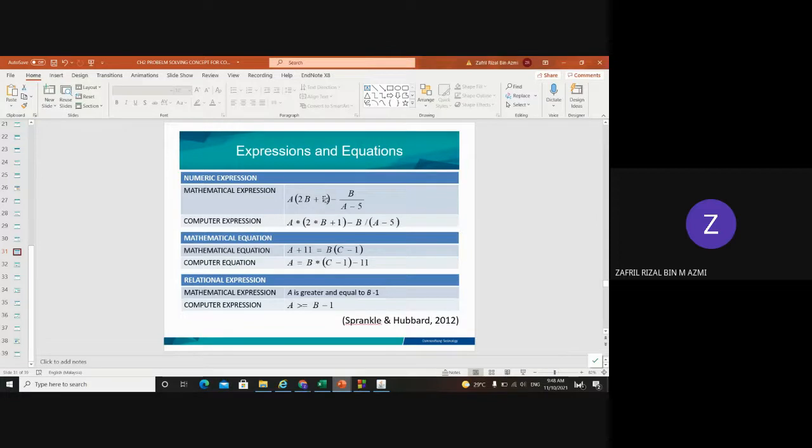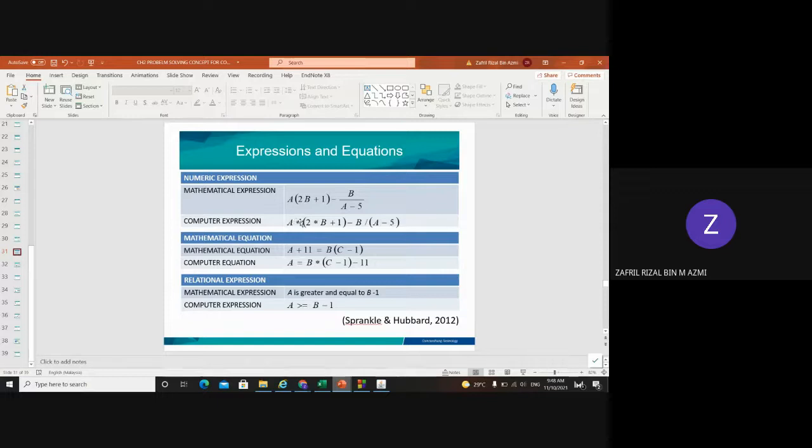So you need to help your computer by applying all the necessary operators. For example, this means multiply, so in a program you put